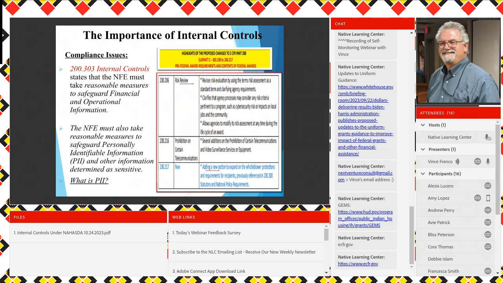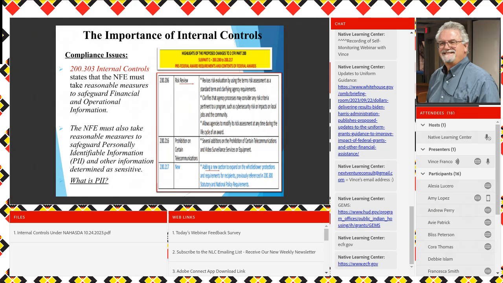You've got to define it. Like I tried to paint that picture, you have to define it, and then you've got to have solid policies in place that protect hard copy and electronic. You have to determine what is PII, personally identifiable information, based on your focus, your mission, your circle of influence,